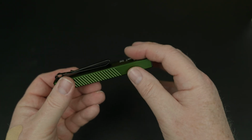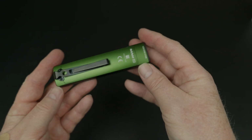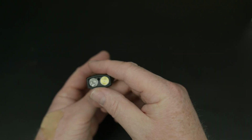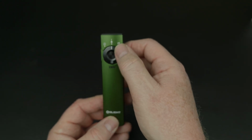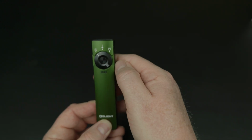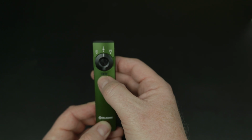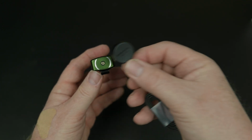And these clips are nice because you can use them in your pocket, but you can also use it on a hat or something, the bill of a baseball cap. And we have the lights there, one being the UV, one being the cool white light, and the laser pointer in the middle. We got your function button. You can switch from your white light to your laser to your UV, and it also has a single button here. You got your battery indicator here. Charging port, which is magnetic,